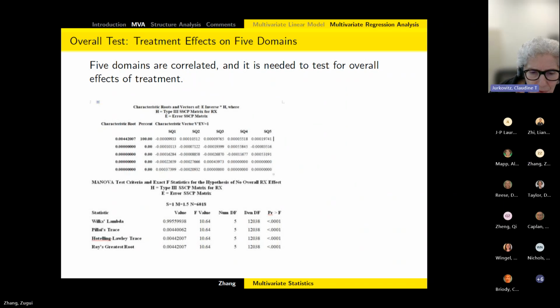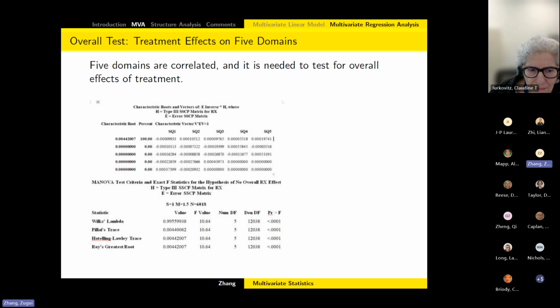And which one would you choose, Wilks' lambda, Pillai's trace, Hotelling-Lawley trace, Roy's greatest root? Which one do you choose to say that it is overall significant? Usually, I prefer to choose the first one, Wilks' lambda, which means the overall treatment effect is significant for